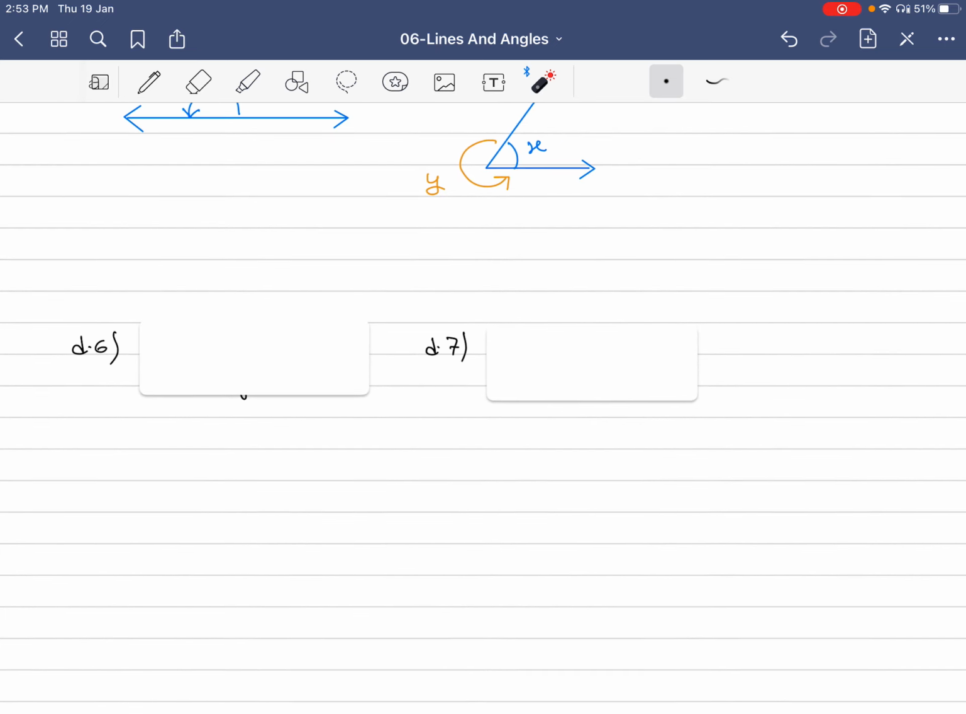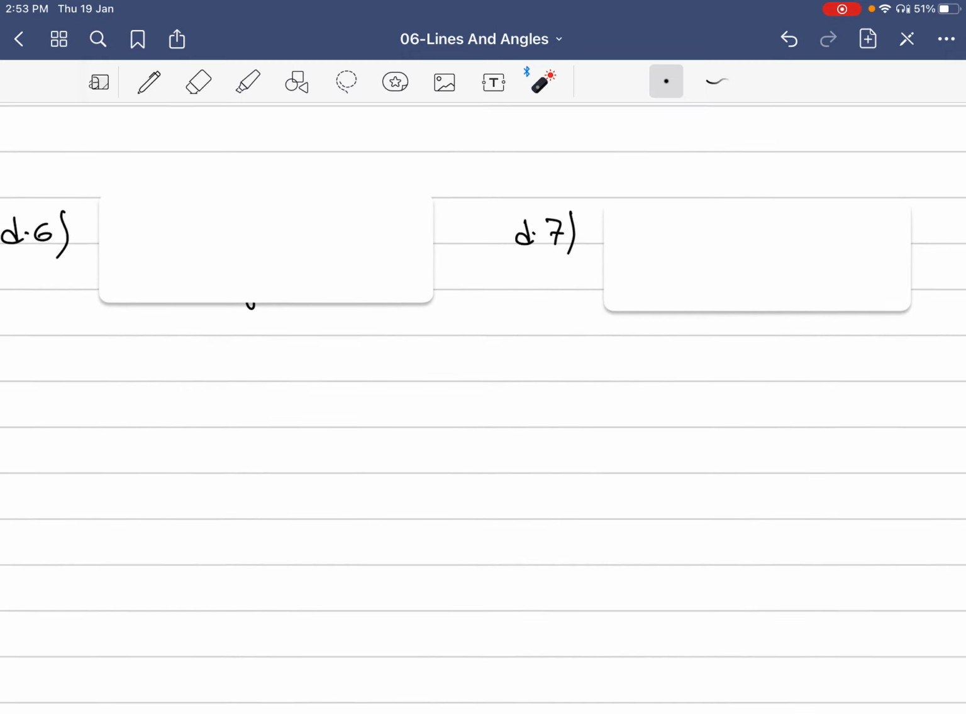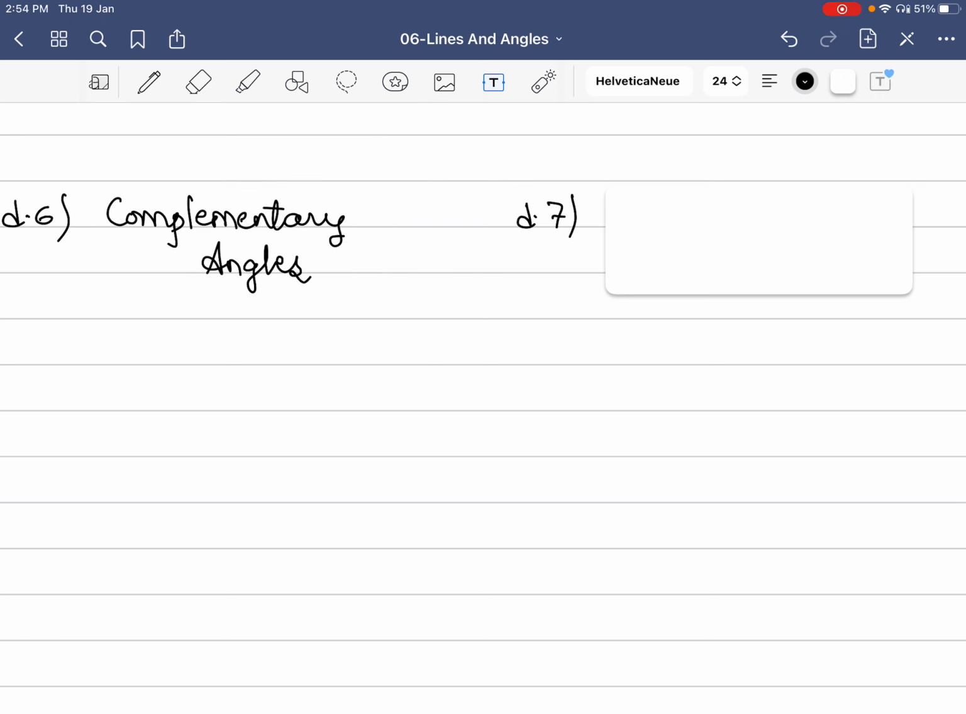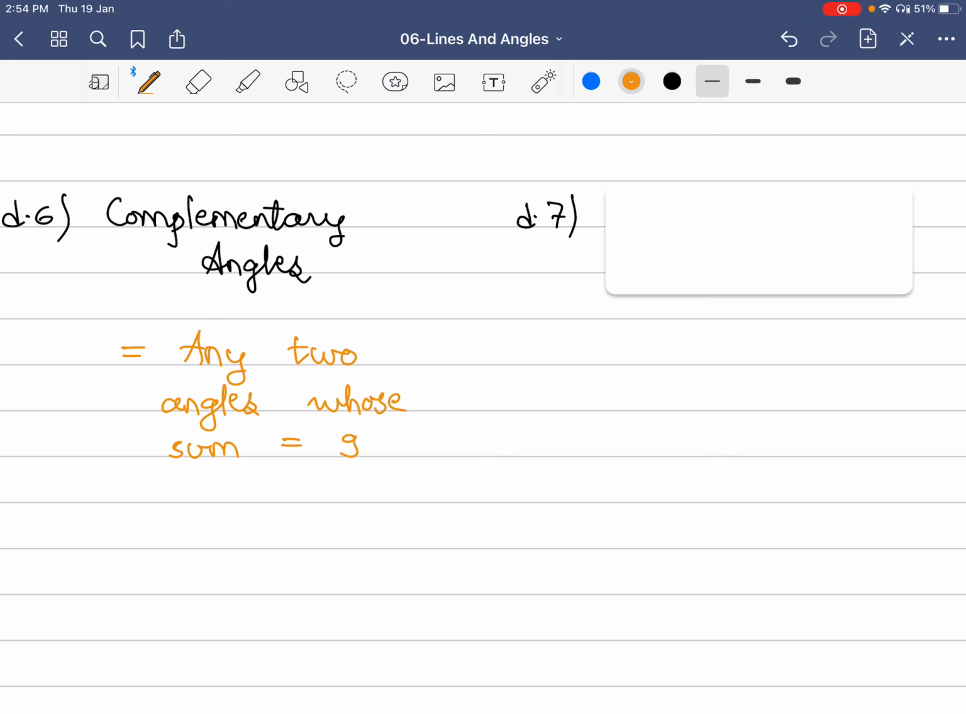Now that is not the end of the story. We still have a lot of different types of angles to cover. So the next one that we have is called complementary angles. Now this is not based on the measure of an angle. Complementary angles are any two angles whose sum is equal to 90 degree. So any two angles whose sum is equal to 90 degree,